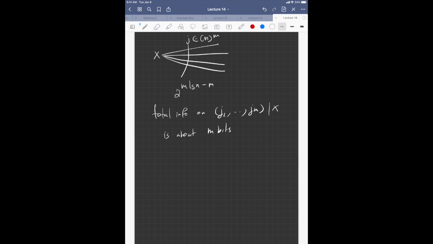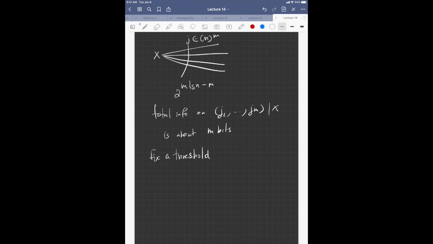Okay, and now we want to say that these m bits have to be spread out. It cannot be that on every coordinate the min entropy drops by m bits. So we want to say that these m bits have to be spread out. So we choose a threshold, so first fix a threshold,